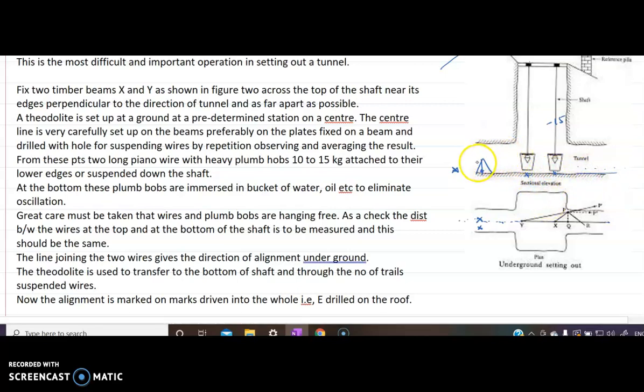So how that is done is you have your telescope. Okay, you have your line of sight inclined. So you take your line of sight like this.